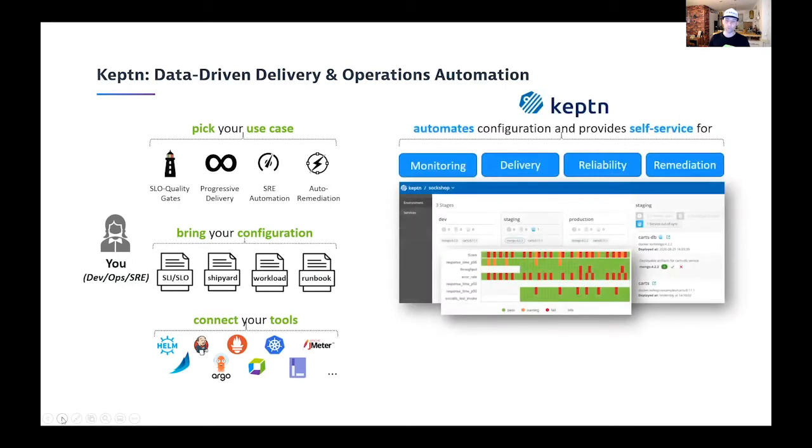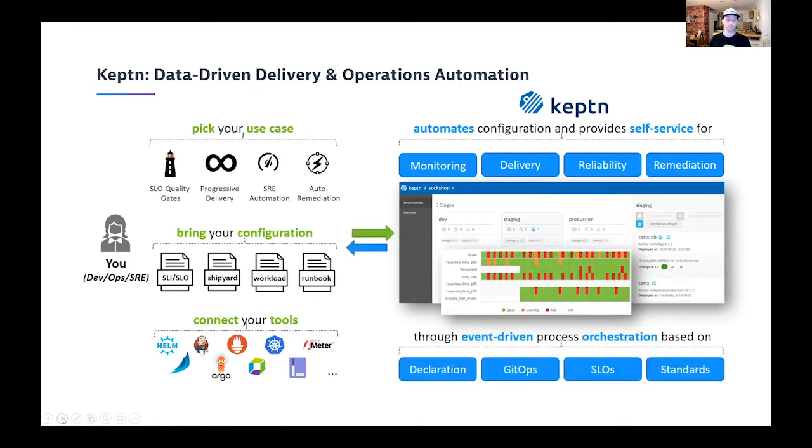What it does, it automates the configuration of all these tools. It connects them through a workflow that you can specify and provides them these use cases as a self-service for you. Everything is declarative. All the configuration files are stored in Git. Everything is SLI and SLO based, and everything is based on standards, meaning all these tools that you can integrate